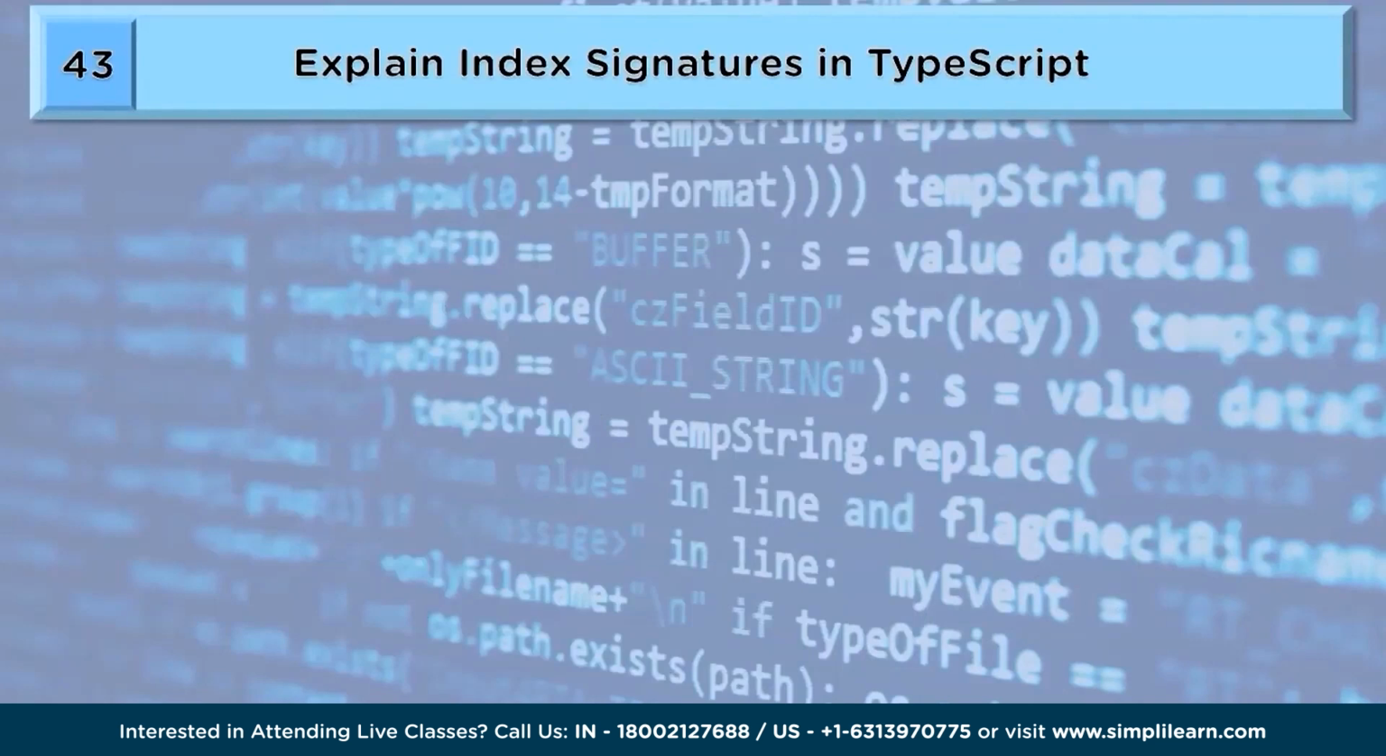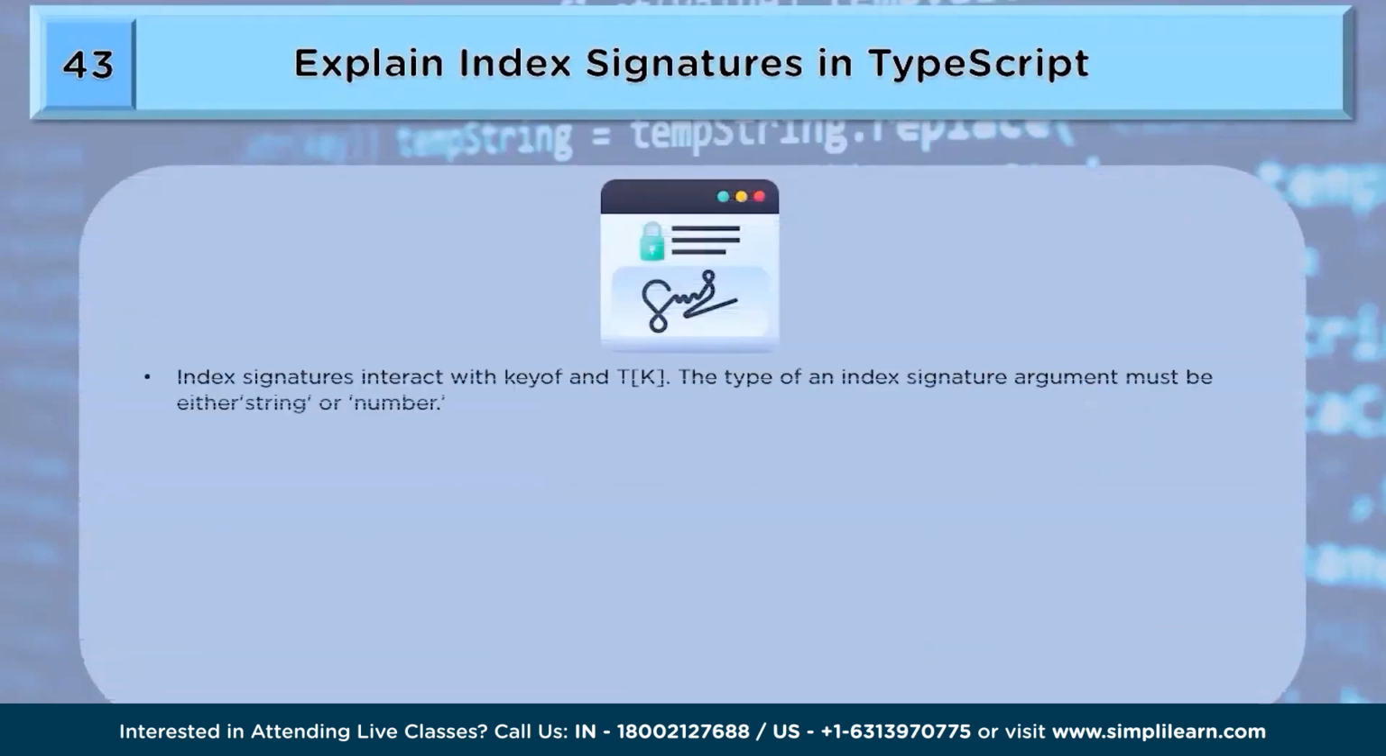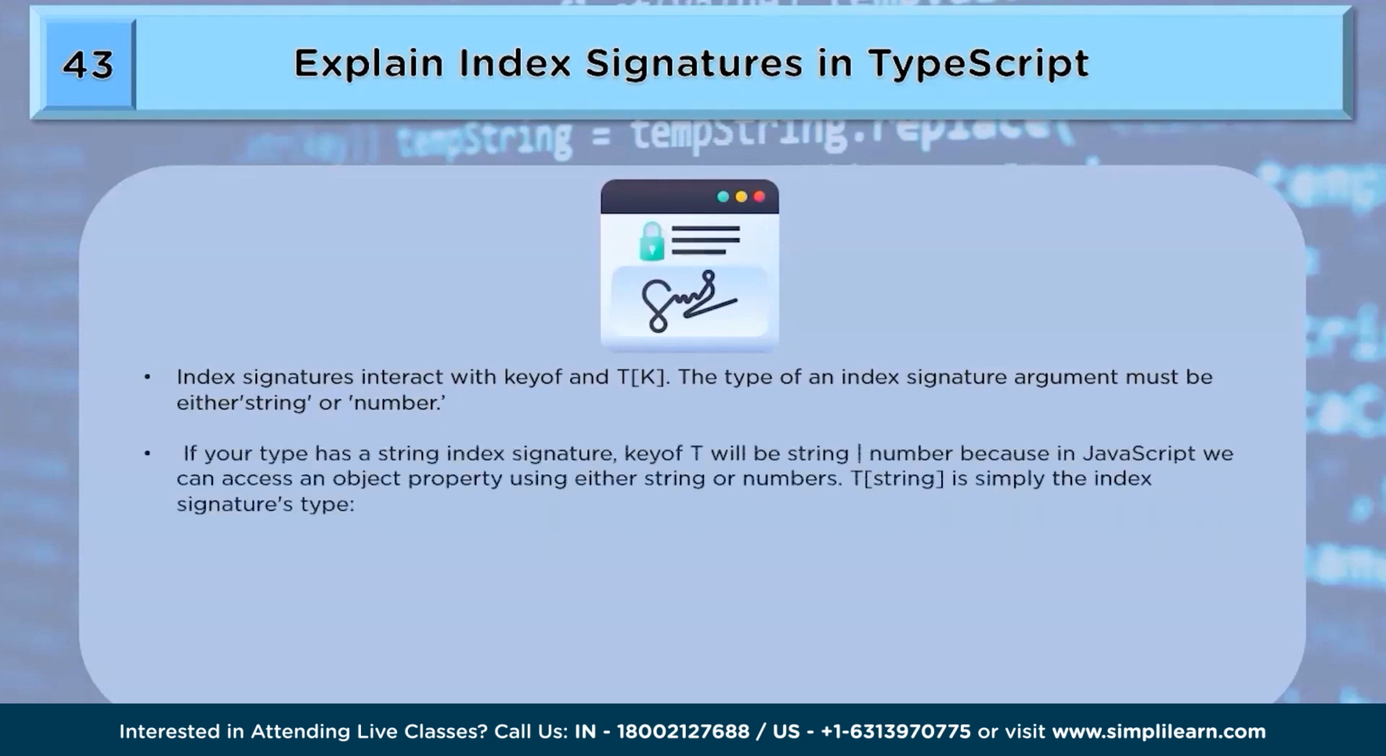Explain index signatures in TypeScript. Index signatures interact with the keyof and T[K]. The type of an index signature argument must be either a string or a number. If your type has a string index signature, keyof T will be string or number, because in